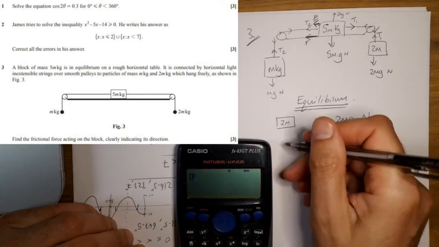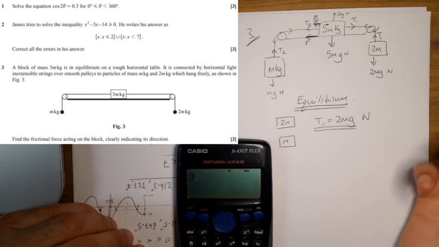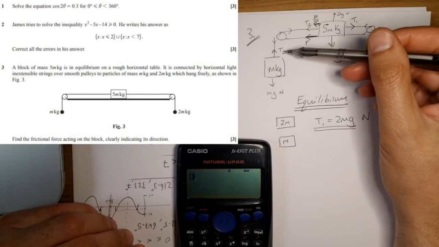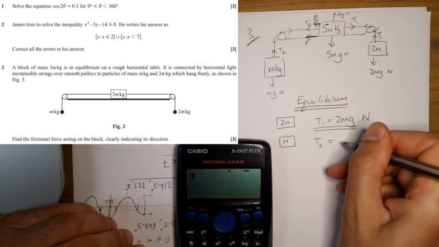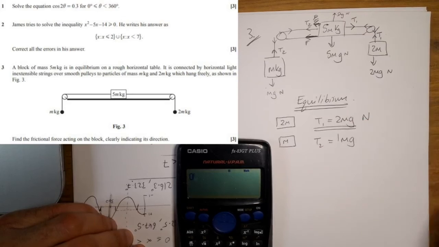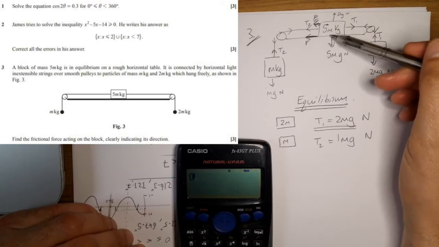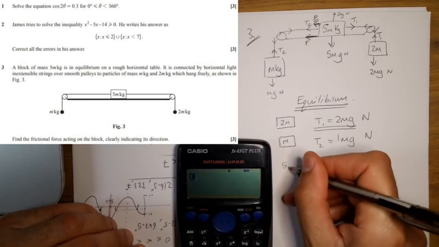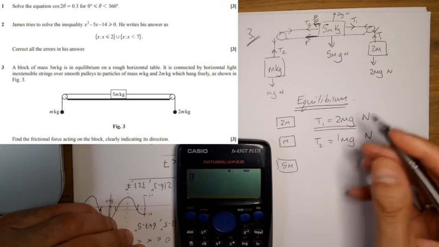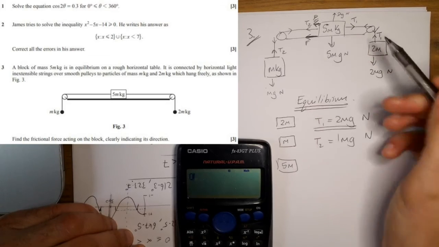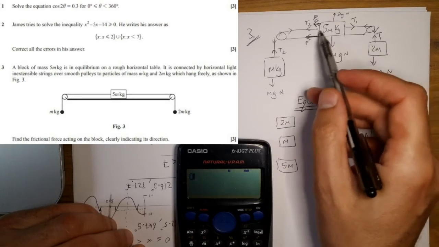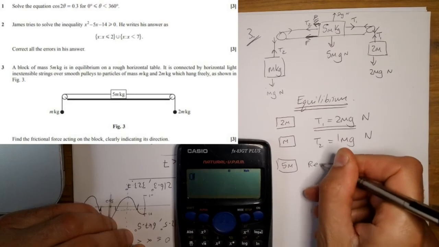If I look at the m mass, I'm going to draw that here. There's the m mass. Again, this is in equilibrium, so T2 must be mg. 1 mg, if you like. I'm going to put the 1 in. So I've now got the tensions in terms of the m's. And now I'm going to look at the 5m mass. Okay, and what I'm doing now is I'm going to ignore these 2 forces because they cancel each other out. I'm going to write an equation for the horizontal forces. This is called resolving